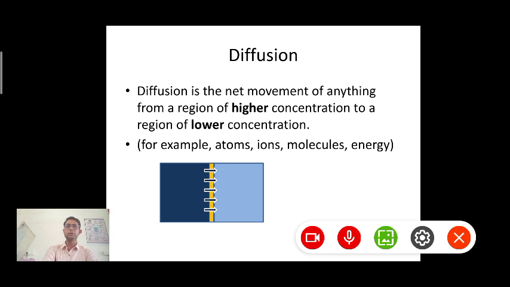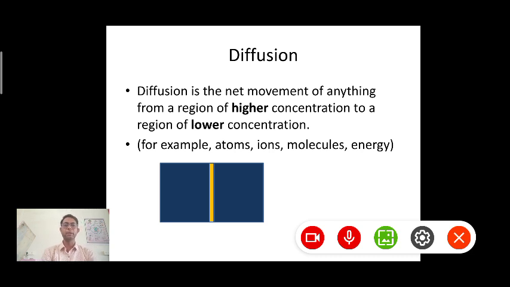This is nothing but the higher concentration of the particular solution, we can say a particular parameter. Now this arrow shows us the movement of the solutes from this higher concentration to the region of lower concentration. So in between these two regions, you can see there is the availability of the